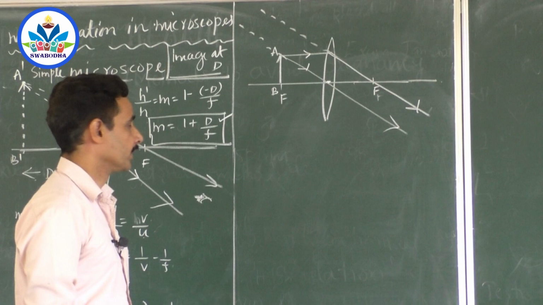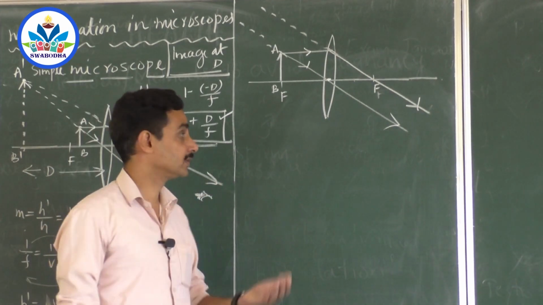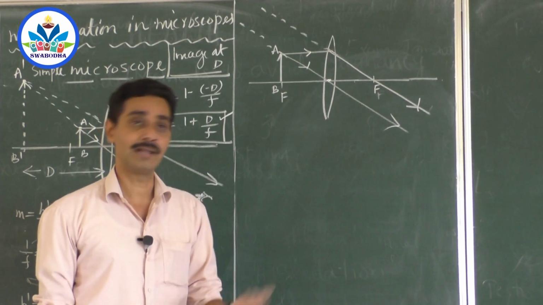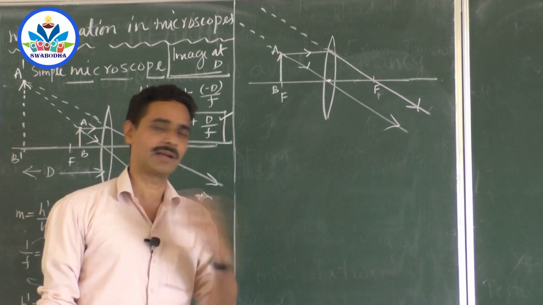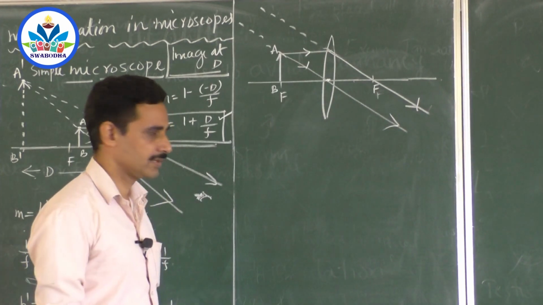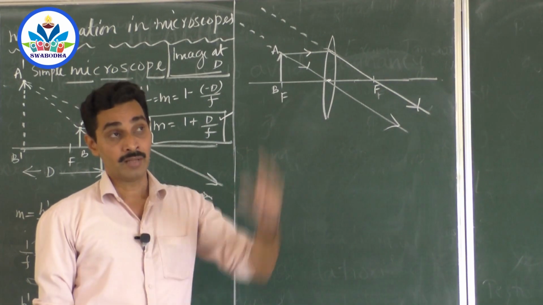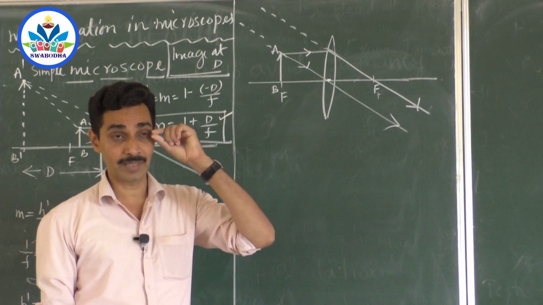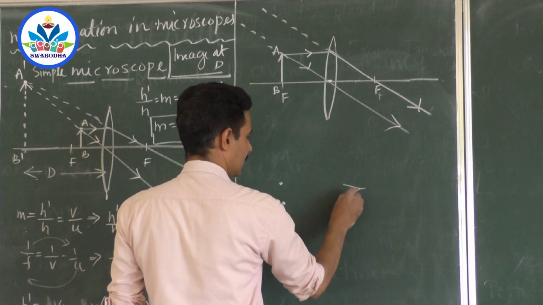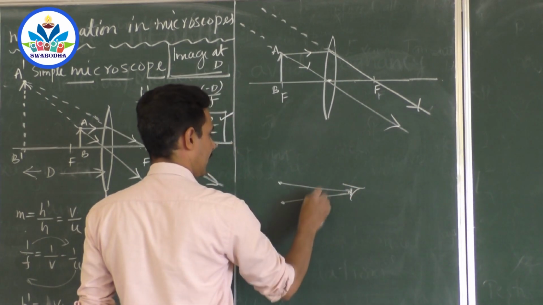You can't write magnification, when the image is at a very large distance, as size of the image by size of the object. So does a telescope produce magnification? Definitely. It is the magnification as compared to when you see it using bare eyes. So you can see a better image through the telescope. So in that case, the definition goes a little different. The angular size of the object and the angular size of the image are compared, to see which is larger. What do you mean by angular size? Angular size means suppose you are looking at two stars in the sky. The light coming from the two stars will subtend an angle at your eyes, right? That is angular position. Suppose you look at a star like this, then they will create an angle in your eyes.